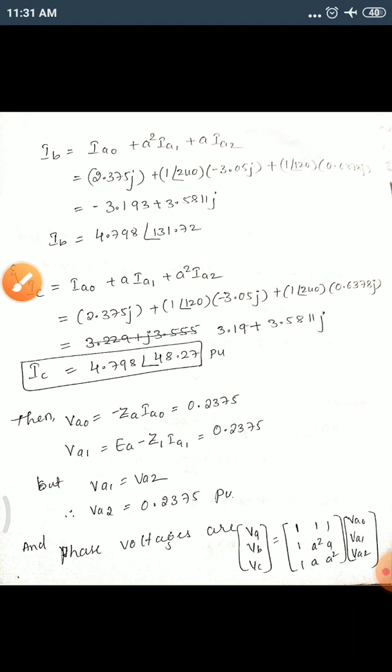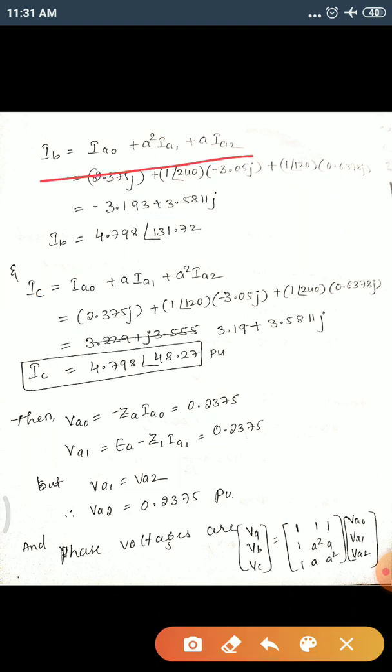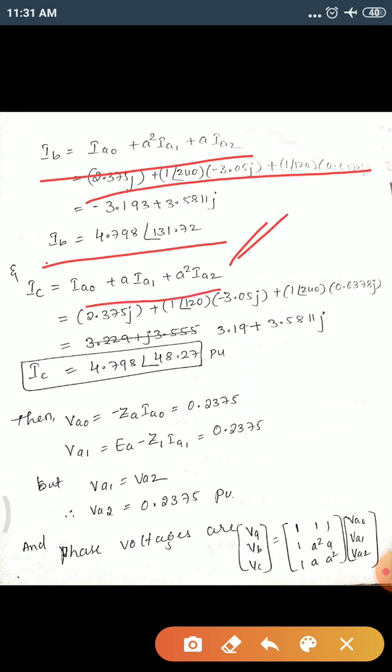Okay, so for this one, IB will be equal to IA0 plus A square IA1 plus A IA2. Okay, if you substitute all the values, we know it, and calculate, you get 4.798 at an angle 131.72. You calculate and see the answers. Okay, IC will be equal to, same, expand that formula, you get IA0 plus A IA1 plus A square IA2. If you substitute the values, you get around this, and that is 4.79 at an angle